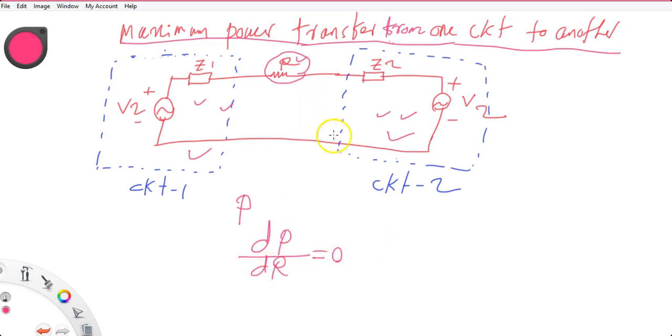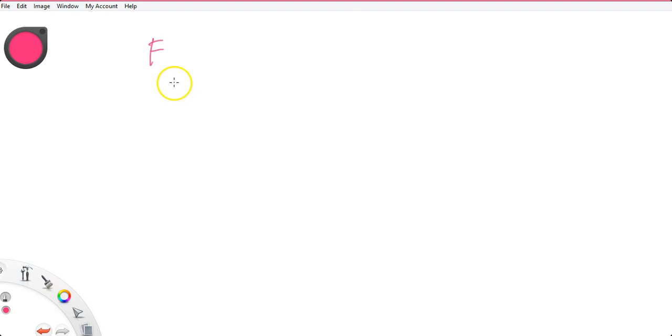From this you will find the value of R. Then after finding the value of R, if they have asked the maximum power delivered to the circuit, you can put these values of R and find the value of power. Next, for DC, before we were considering the AC circuits. So now for DC,